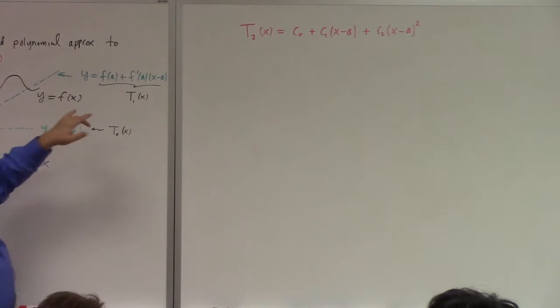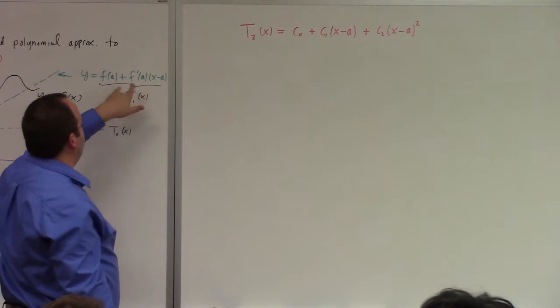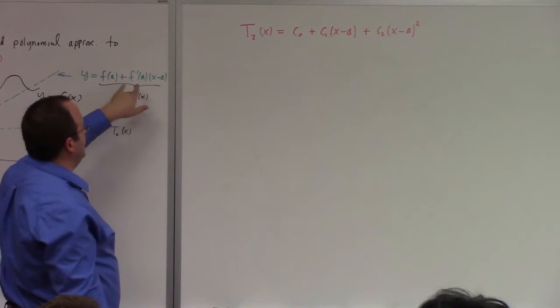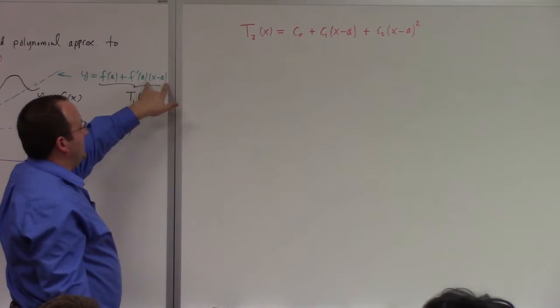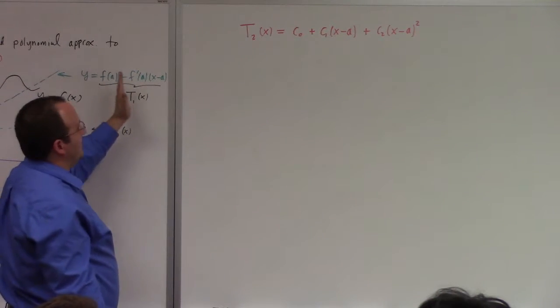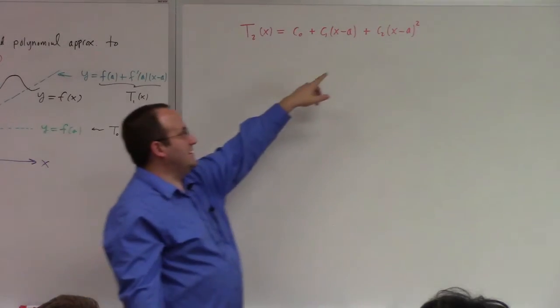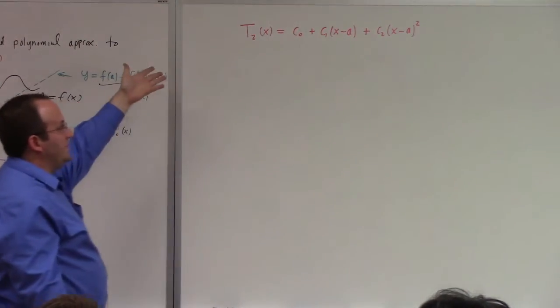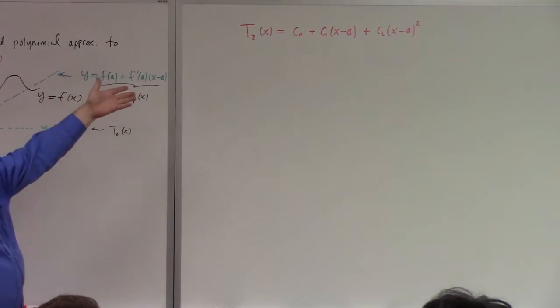And that naturally continues the story here. I've already seen that the first Taylor polynomial has the form a constant plus a number times x minus a. So continuing this pattern, I expect some constant times x minus a squared. So what do these constants have to be? If there is such a polynomial approximation to f,